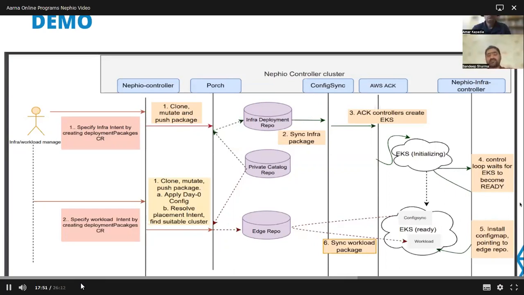As we know, our infra controller has already configured the config sync in the EKS cluster to pull these packages from the Edge repo. So as soon as the Nephio controller pushes the package to the Edge repo, the config sync in the target cluster will sync that package, and that will result in the deployment of the workload in the EKS cluster.